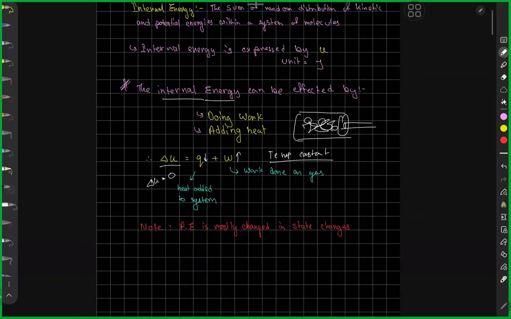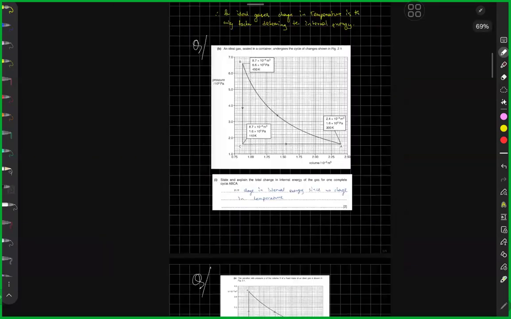So, this is the change in internal energy. Is the change in internal energy clear? Yes. Okay. So, change in internal energy only happens when we supply heat or do work on the system. Now, if we take that idea on,